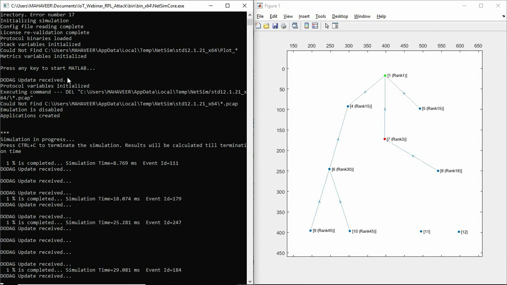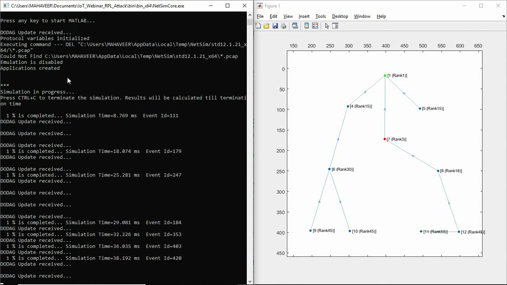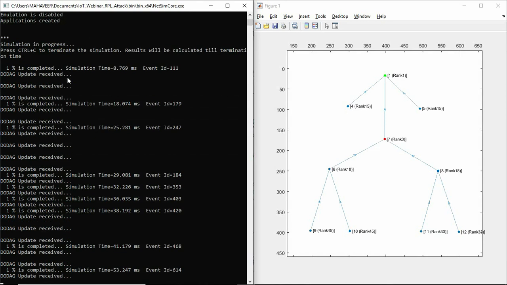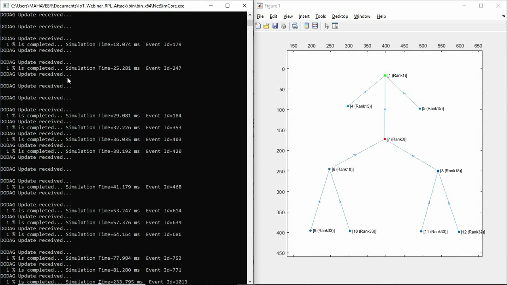Based on this information, DODAG formation is done in MATLAB. We can see in the DODAG that is formed, node 7 advertises a false rank, rank 3, causing its neighboring nodes to select it as the parent. After this, node 7 starts receiving all the traffic from its child nodes. This is known as a false rank attack.